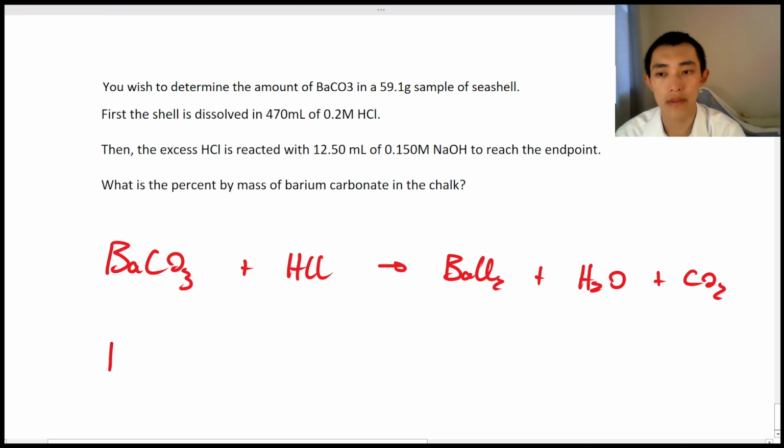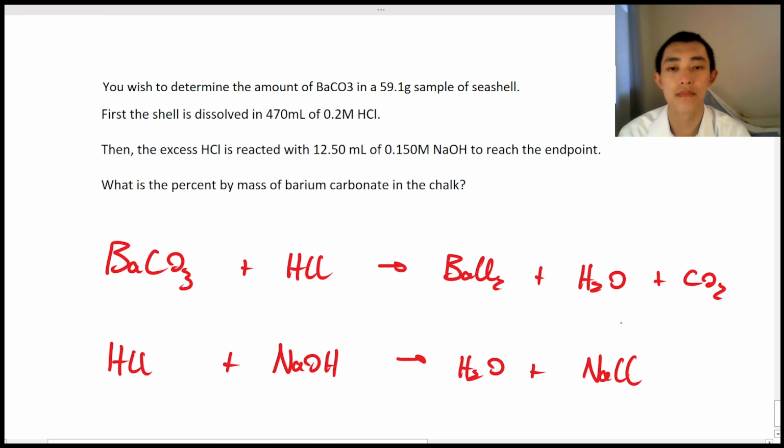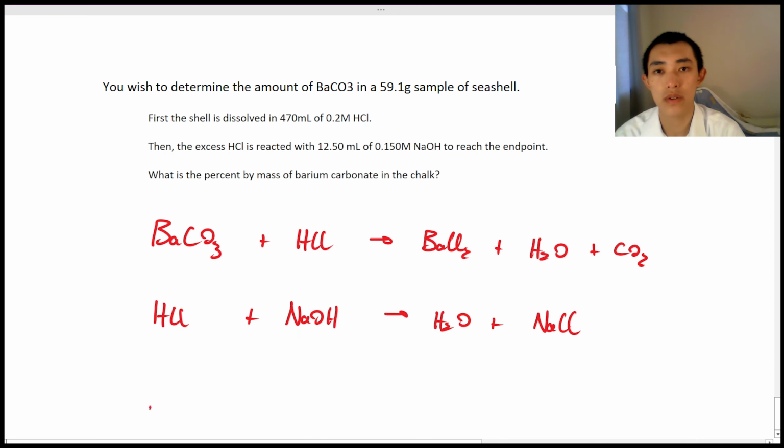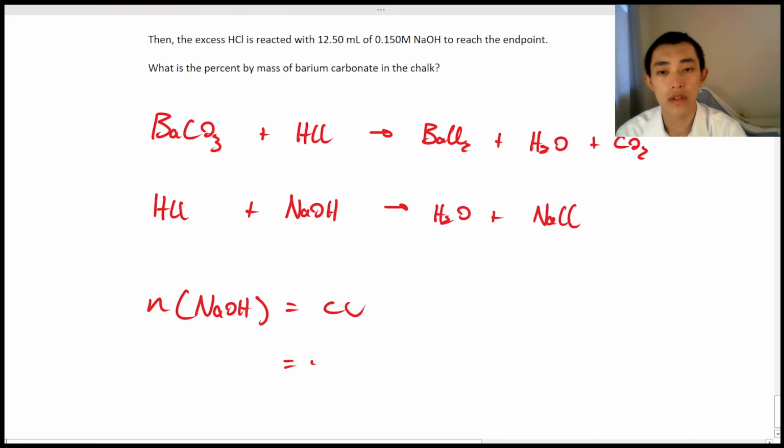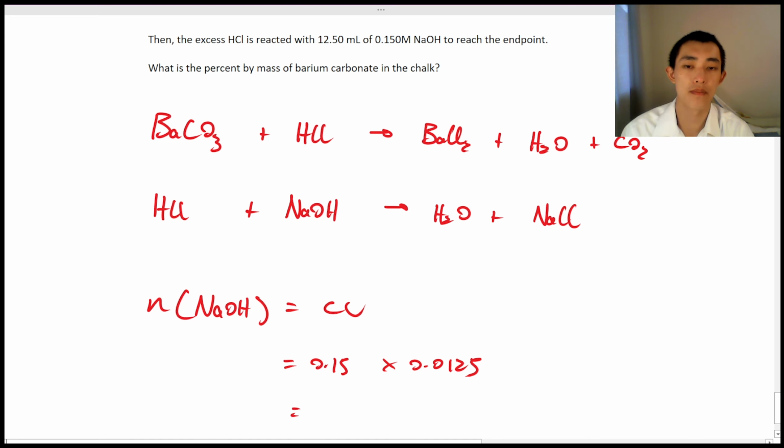The first thing we're going to do is determine the moles of sodium hydroxide that were actually used. That's CV, 0.15 times 0.0125, which will give us